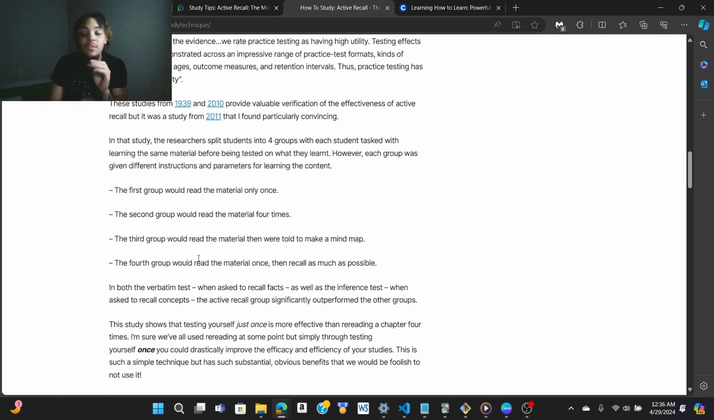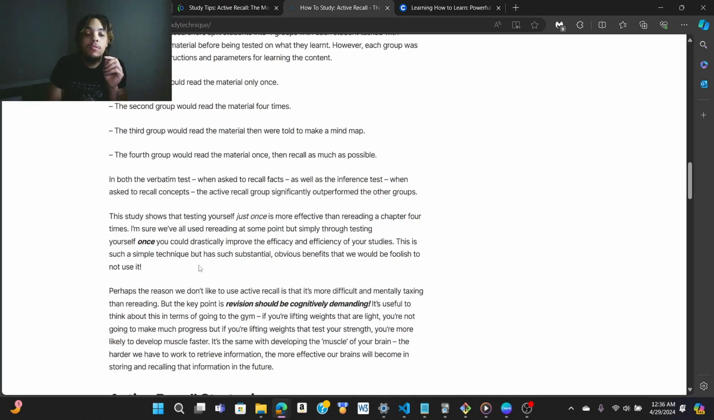But the fourth group would read the materials once, then recall as much as possible. In both verbal tests, when asked to recall facts as well as the in